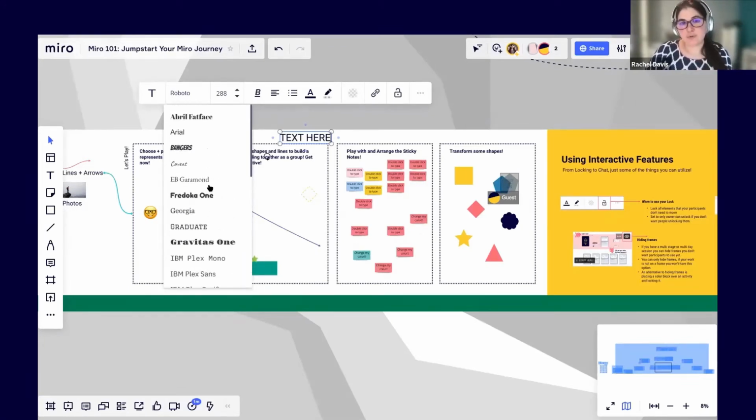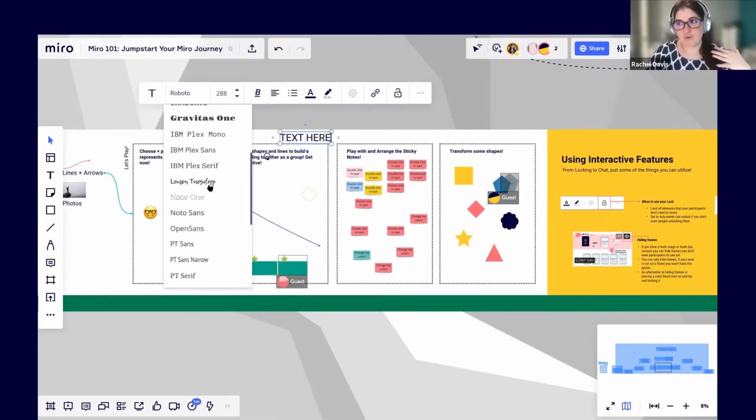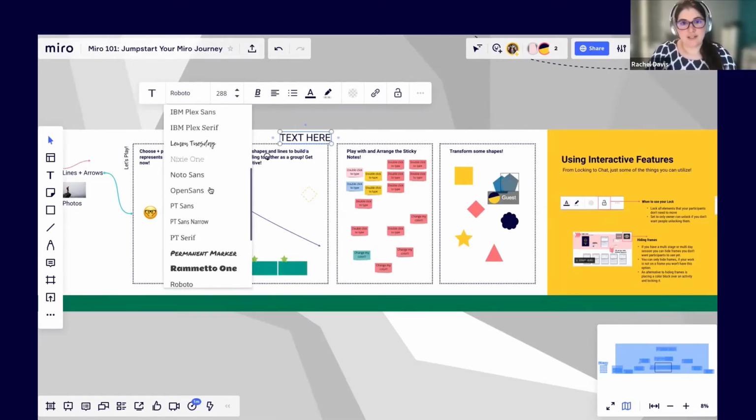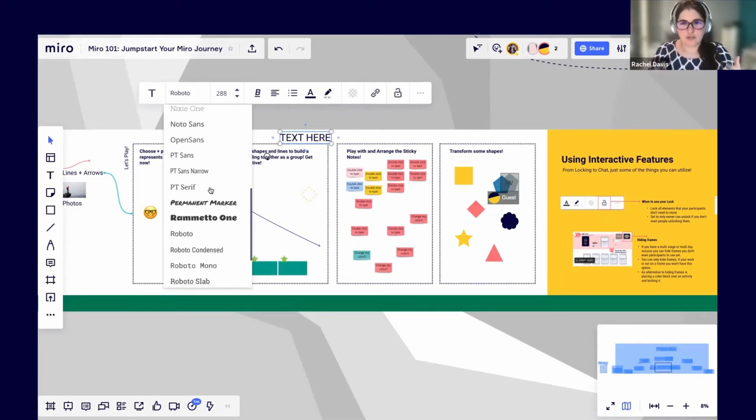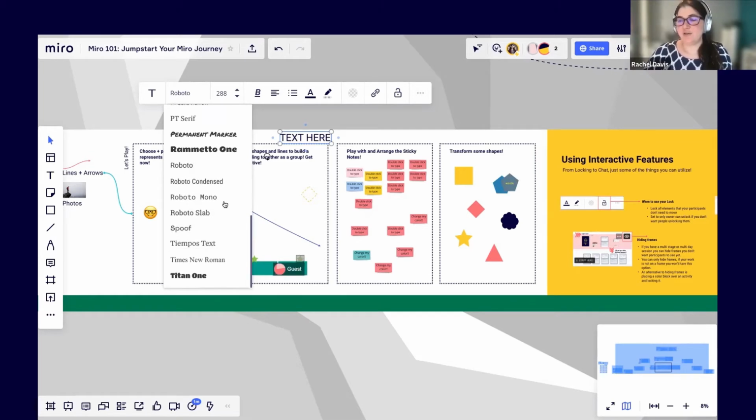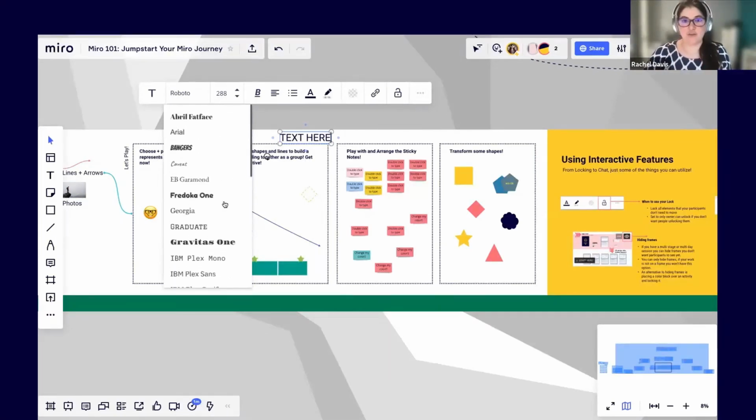I usually use a pretty standard one like Roboto or Open Sans, depending on it, because I don't usually get too crazy with the fonts in here. If I need to create something that's in a branded font, I will create that in Illustrator and upload and drag and drop it into Miro. But in terms of things just kind of typing in Miro, these are the fonts that are available to you.